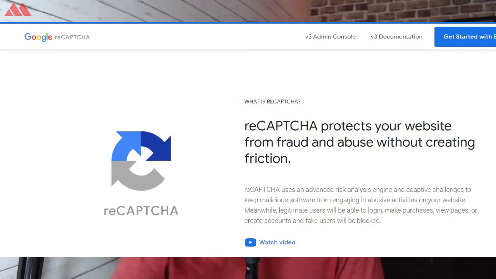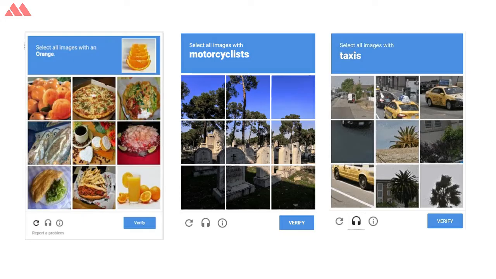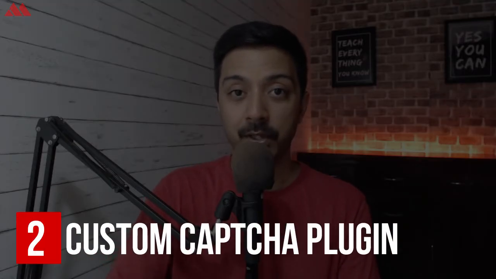Now Google reCAPTCHA is a checkpoint for all the bots or normal humans on your contact form, where they need to click on a check mark and then solve some image-based puzzles, and that helps the system understand if the form is being filled by a bot or a real human being. So no matter what form plugin you are using, make sure either you have that feature built into the contact form plugin so you can add Google reCAPTCHA in it, or you must install some plugin which can help you integrate Google reCAPTCHA on your form plugins, or install any third-party plugin that can help you integrate Google reCAPTCHA with your contact form.